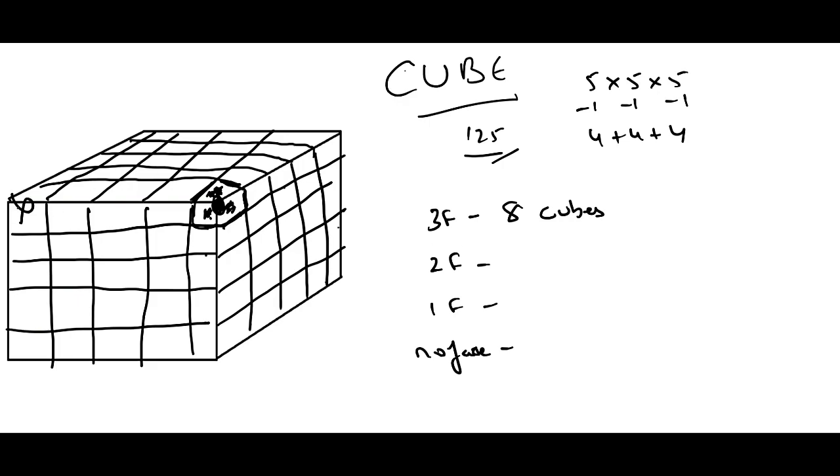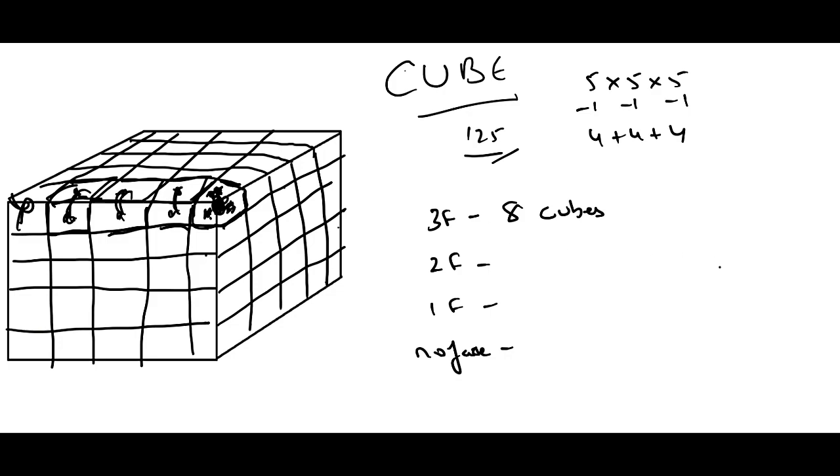Now after calculating the corners, we have an edge going on this, and this edge has 3 cubes which have 2 faces visible, and these 2 faces would have been painted when it was in original form, because the rest of the 4 faces are inside it, the color wouldn't have gone there. So these are called 2 face painted cubes, and we are getting this on an edge. So there are 3 cubes on this edge.